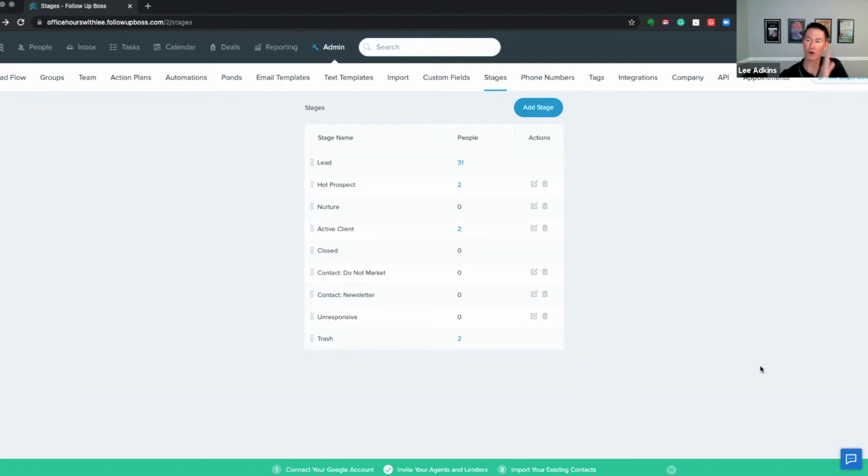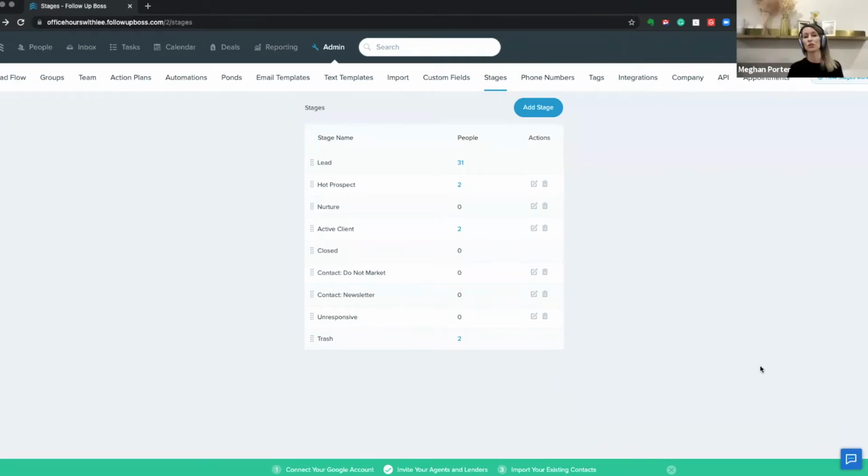Meaning that staff or management can then update once people start to go under contract, or a TC or whoever. But I think it's really important to get it in people's minds that these are the time to potentially transact, or motivation, maybe at least, if they're a long-term nurture or an unresponsive. That's also a time frame. If it's unresponsive, then the time frame basically means we have no idea. But maybe those people don't need to be up on your radar. Maybe they need to get an action plan or something to that effect.